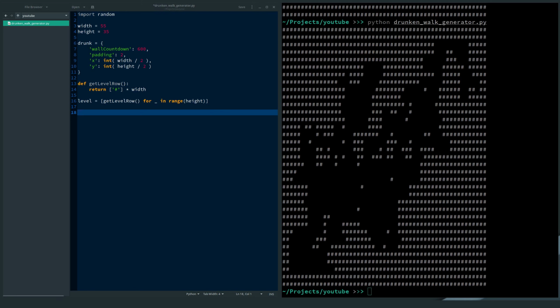Now I will spawn the drunk character. The character will keep moving until the wall countdown hits 0. I redefine the x and y coordinates for readability. I check the current position of the level, and if it's a wall, make it an open space, and I reduce the wall countdown. Now I will make the drunk move in a random direction, and the drunk can move